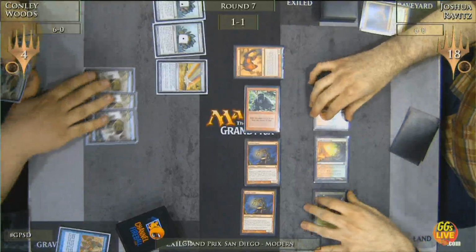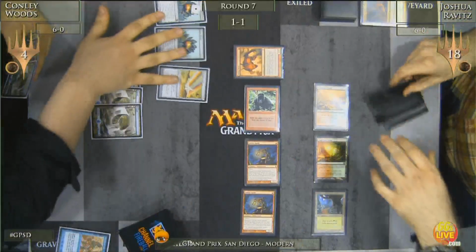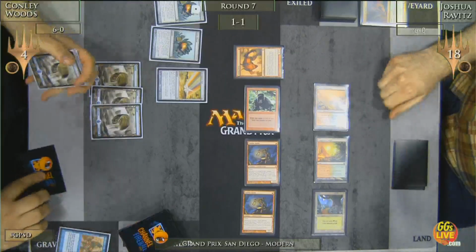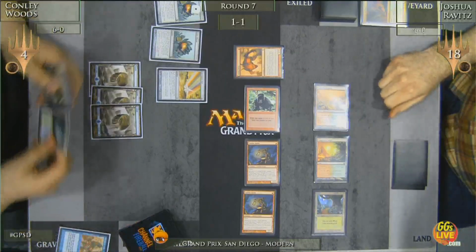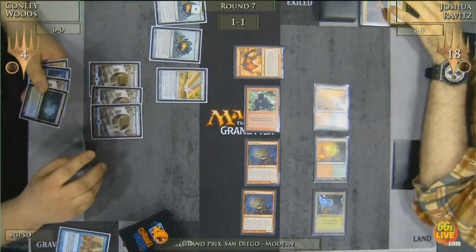So had Conley paid that 4 life on the Vexing Devil, he would be dead here. He would absolutely be dead. So Conley has to go off again. We're in the same situation where Conley goes off and wins, or passes the turn back and loses. That's right. So again, Josh has done his job. He showed up,